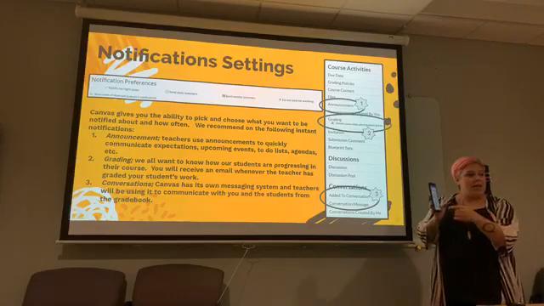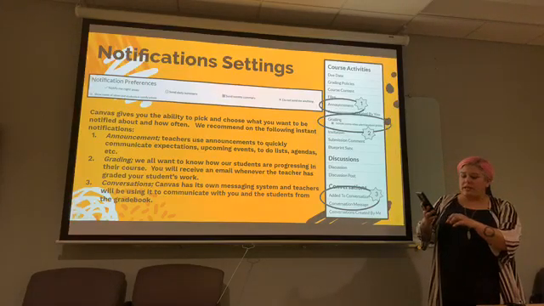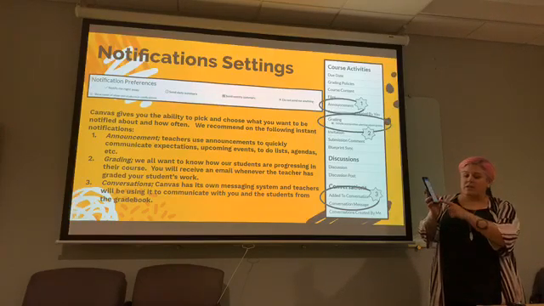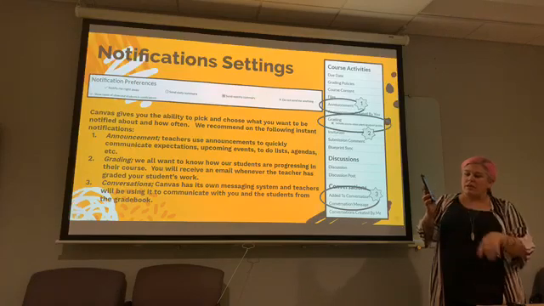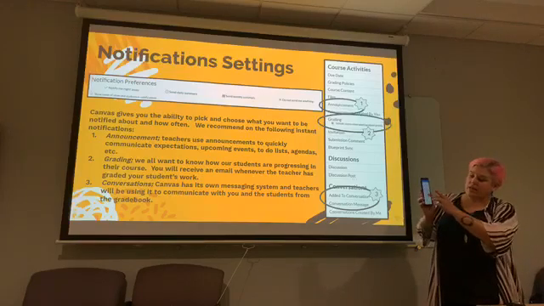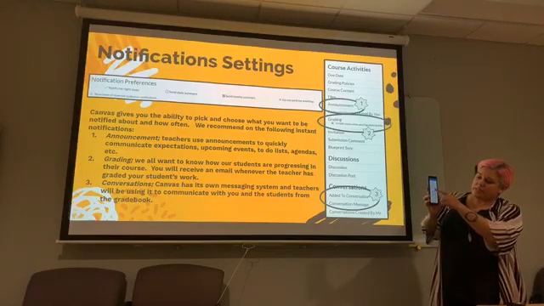And so I set all that up on my phone, and then to get them, when I'm on the home page of the app, I just click Alerts, and there's my list of all my notifications for my son. So then I can see everything that's been graded. There's the missing stuff.